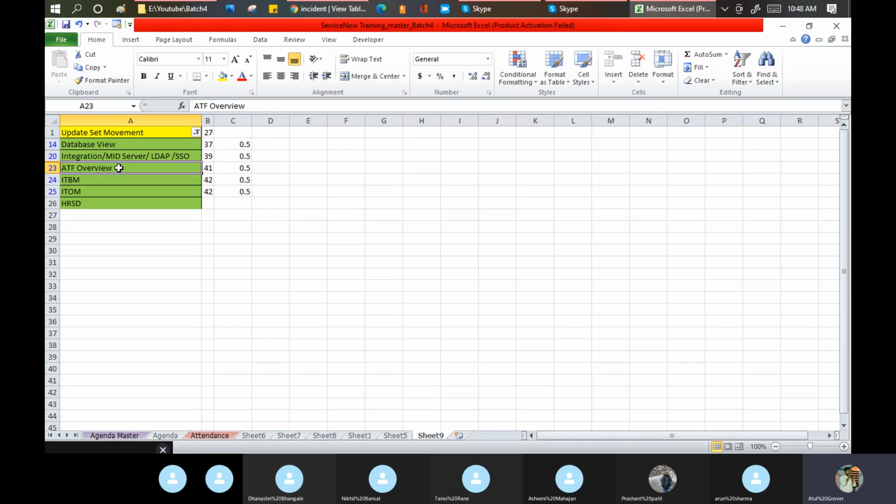Suppose you upgraded your mobile phone. First of all, you will see that the internet is working or not. You will see that calls are going or not. You will see that WhatsApp is working or not. You will see that SMS is going or not. Whether you update, your brother updates, or your sister updates, everybody will do the same thing. Then ServiceNow says, if that is the case, why not take a new module from me called ATF, Application Testing Framework.